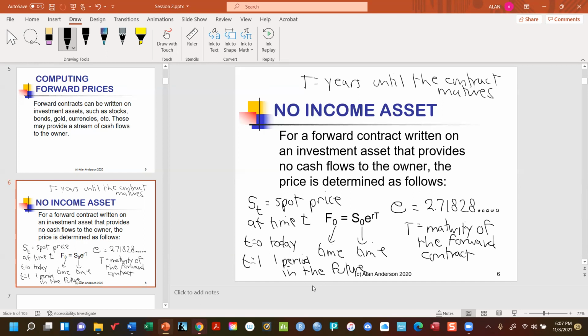So if, let's say that you agreed to buy gold in 1 year, capital T would simply be 1. If you are agreeing to buy gold in 6 months, then we would normally just approximate that with 0.5. Okay. Now, R is interesting, we have to define that very carefully in a second, but first I want to draw your attention to this